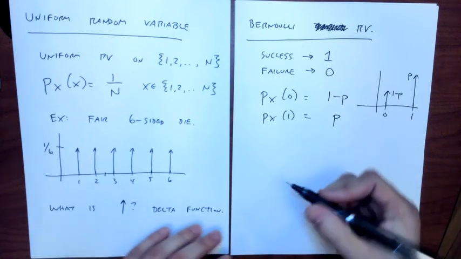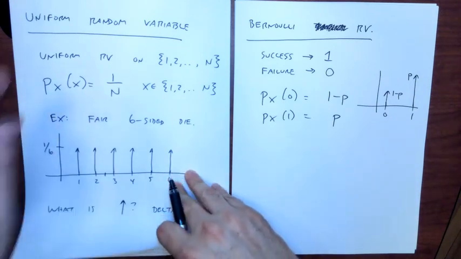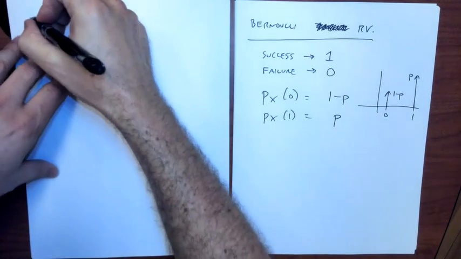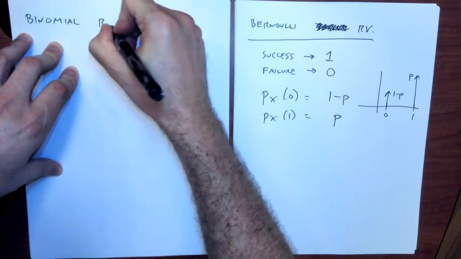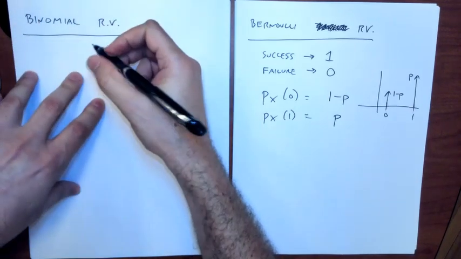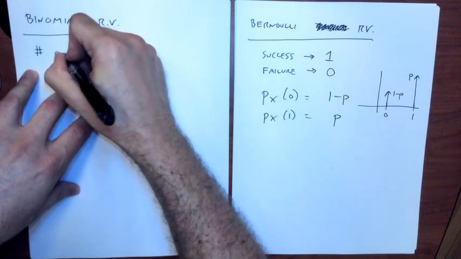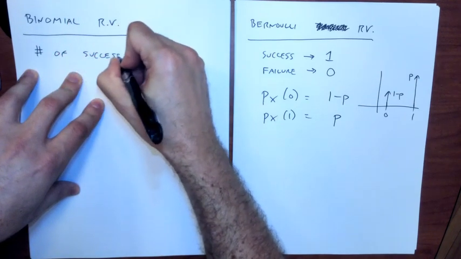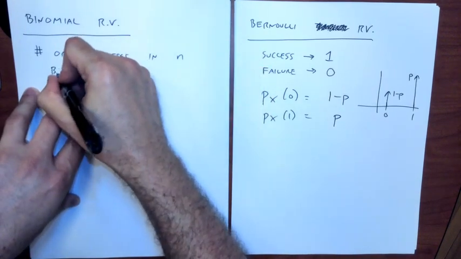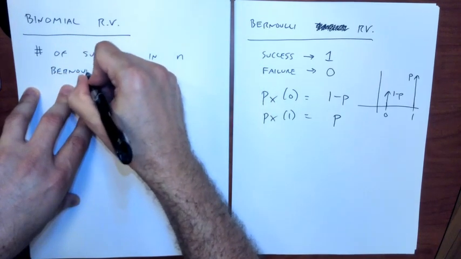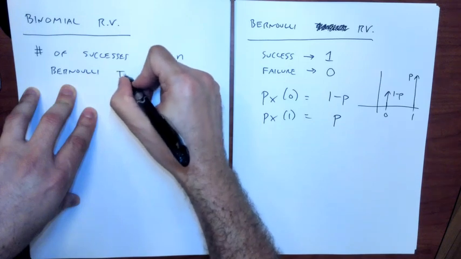A binomial random variable is basically the number of successes in n of these Bernoulli trials,